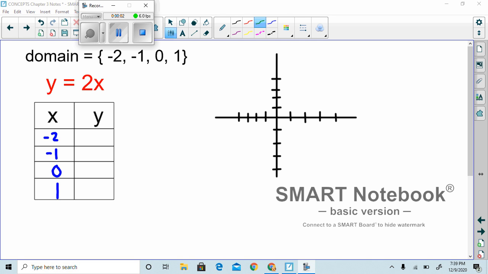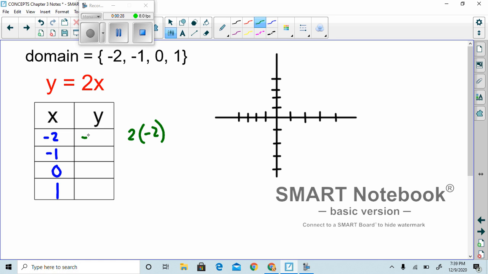Today we're going to practice graphing linear equations using a table of values. We'll start off with our rule or a function, y is equal to 2x, 2 times x that is. I'll give you the domain, which are my x values, and remember that's our independent variable, so we can select any values for x. We'll substitute them in one at a time,